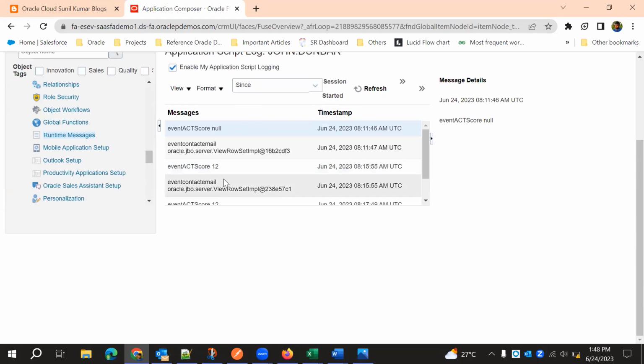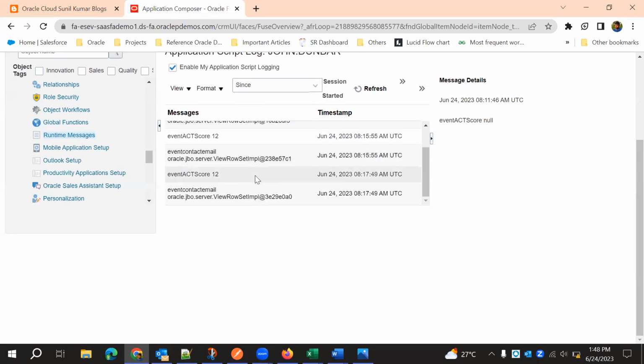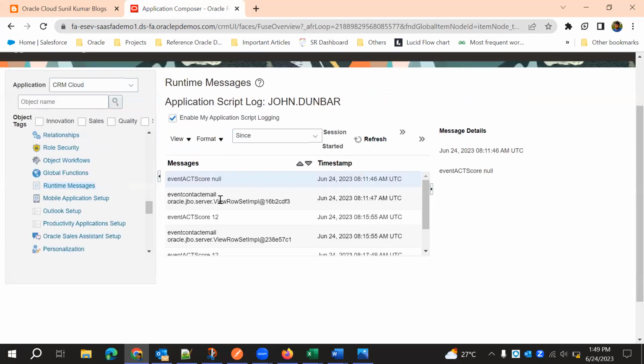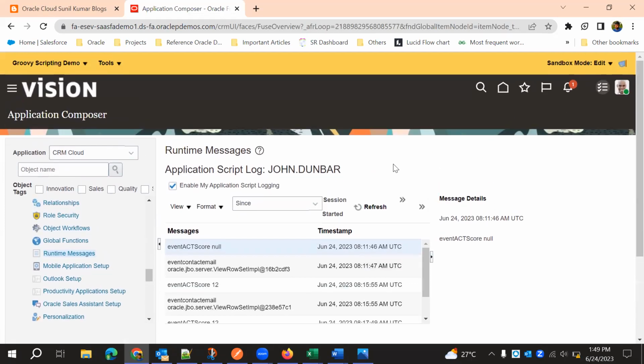Initially the ACT score was null, so then it printed 12 because we are setting and then retrieving that value. We are setting the value and then reading the value. This is how we can set and then get the values of a related object,